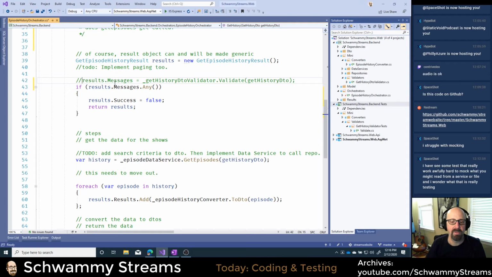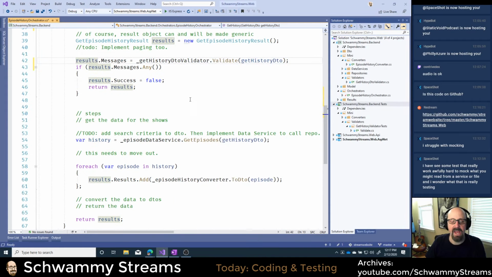Maybe they did it on purpose, maybe they didn't do it on purpose, but they took that out. My tests on this orchestrator are going to fail. And that's a second reminder to that new developer that comes in later, whoa, there's a test here that I broke. Now, maybe I meant to. Maybe we're not doing this validation anymore and I can remove that test. Or maybe as a new developer, I did something wrong and broke what Andy was trying to accomplish in the first place. So that's sort of the purpose behind why we're testing these things.